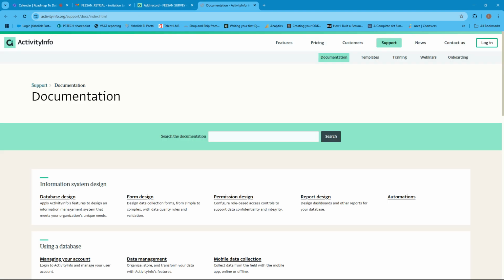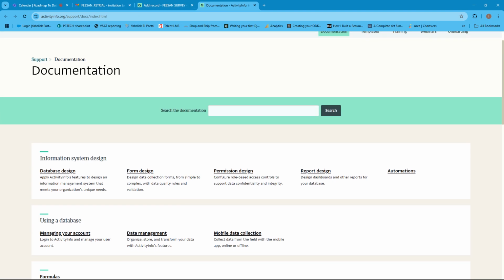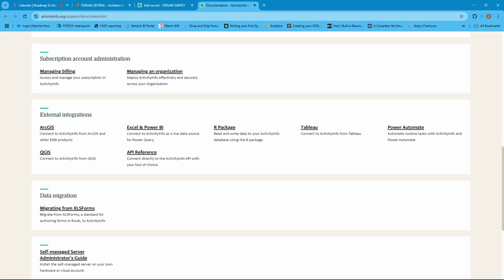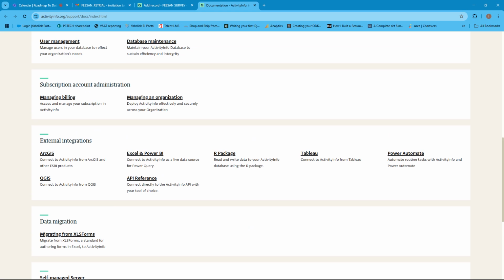I had to read a lot of this documentation, very interesting stuff. I read this, I googled how to do this. I think I'll come here maybe today or tomorrow and maybe do some automation. Then maybe, so this is my main target: Excel, Power BI, API reference,